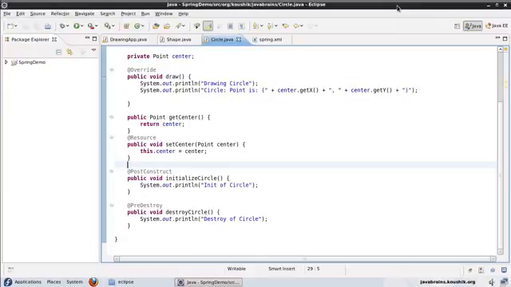In the past few tutorials, we saw how to do wiring of beans inside Spring by using annotations. We used some auto-wiring related annotations. We did auto-wiring by name and by type, and we also used some JSR 250 annotations. All these annotations had a common requirement, which is that the bean that's actually getting injected into needs to be